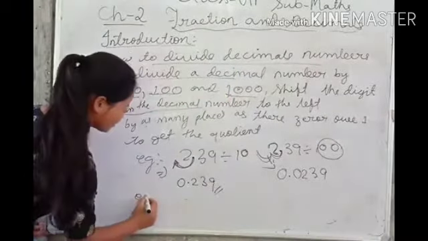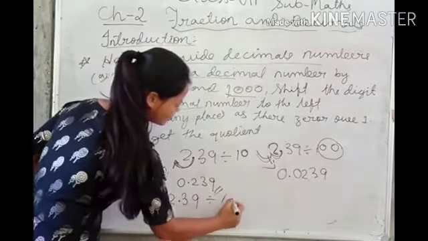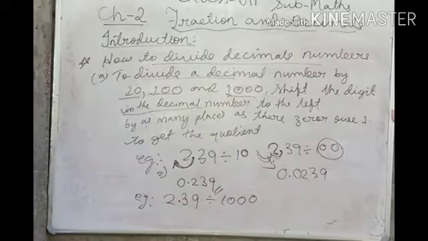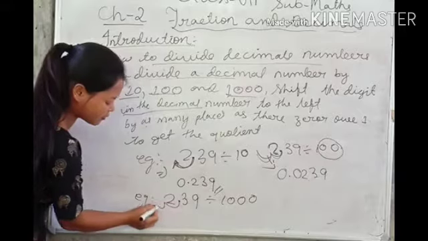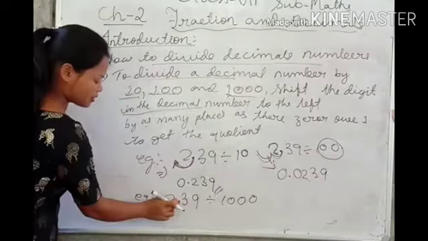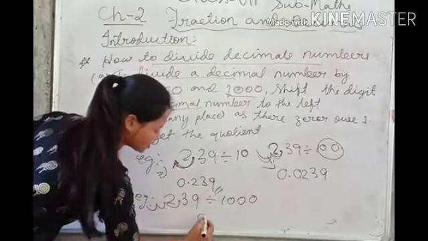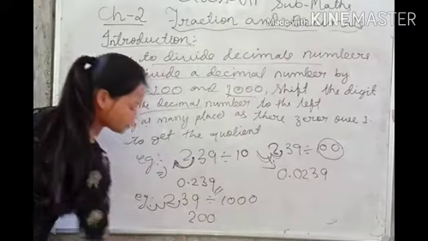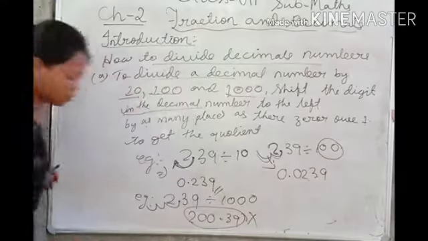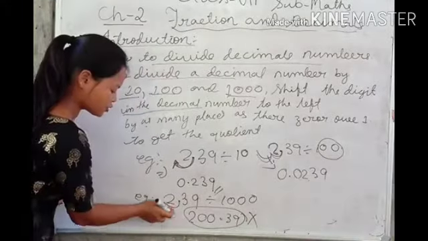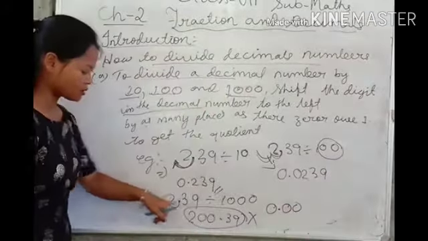Now again one more example. 239, and here is the decimal, and this is divided by 1000. With what? 1000. Now from here it is the decimal. How many times will it jump? It will jump 3 times. So how many digits do we need? 3 digits. But we have only 1 digit, isn't it? So you will add 0, 0 before the 2. You will not add 2, 0, 0. Okay, if you write 2, 0, 0 then this will be wrong. You will add the zeros before 2. That means 0 point, how many zeros do we have to add? 2 zeros, isn't it? Because we have 3 zeros.